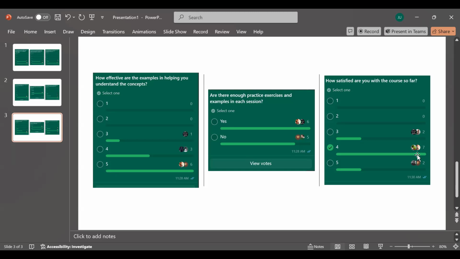So, to improve this, we would have to look into the concerns where we had a great deal. Most people said, we had a whole lot of people. We had a divide between yes, enough examples, and no. But for this number to be not satisfied with the examples, there will be need for more exercises and